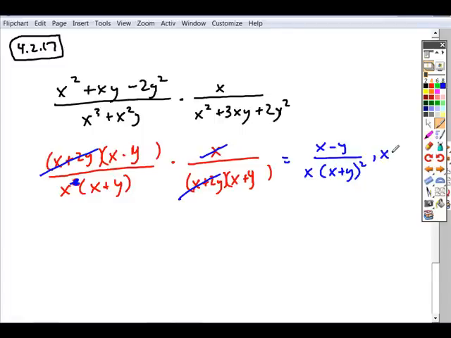And then we need to identify what x cannot equal. So when you look, there's two factors that got canceled from the denominator, and x, but not all of the x's, so we don't have to worry about that. And then this factor tells us that x cannot equal what value? Just in this case, the opposite of that thing, the value being added, so -2y. So that would be your